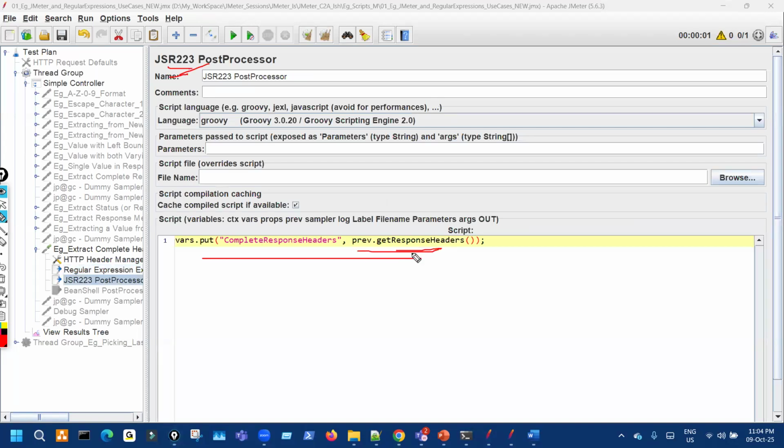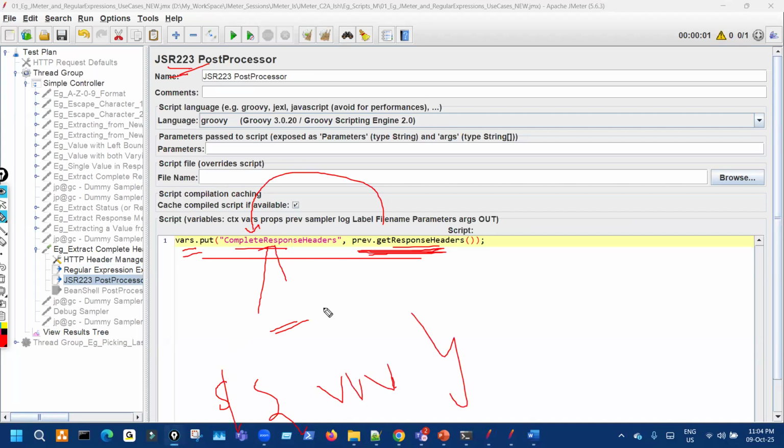Prev dot get response header, previous, and get the response header, and put that in this variable. This variable name you can give anything, right? And wherever you want to use that header, just write dollar, curly braces, variable name, curly braces. Okay, so these are the complete